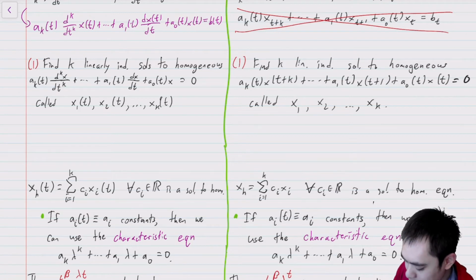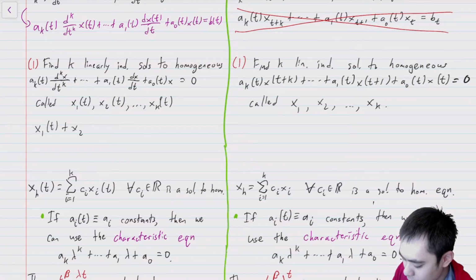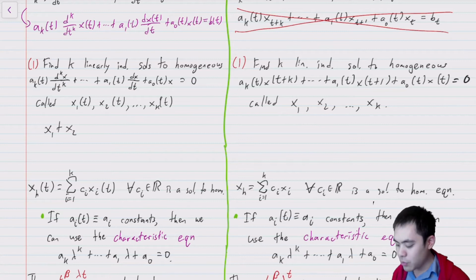So suppose you had some proposed solution, x1 of t plus x2 of t, possibly with coefficients. So let's actually just call that x1 plus x2. Well, when you plug it in,